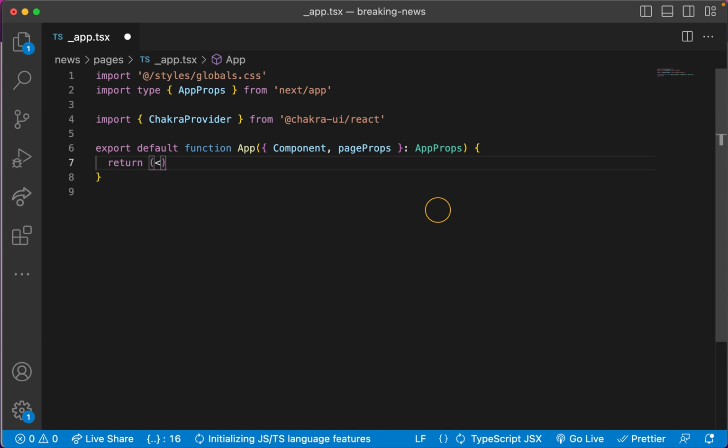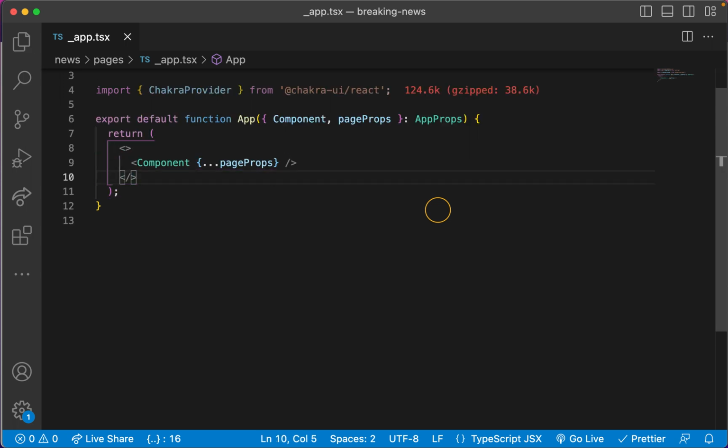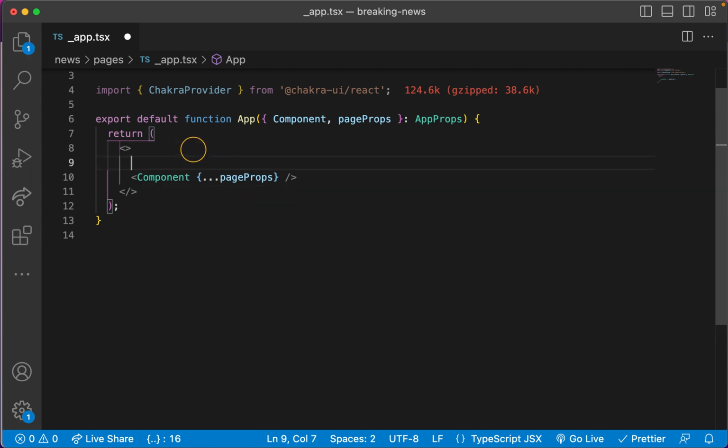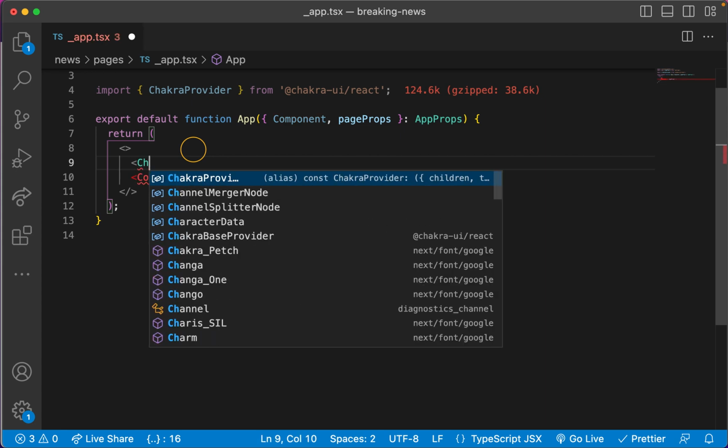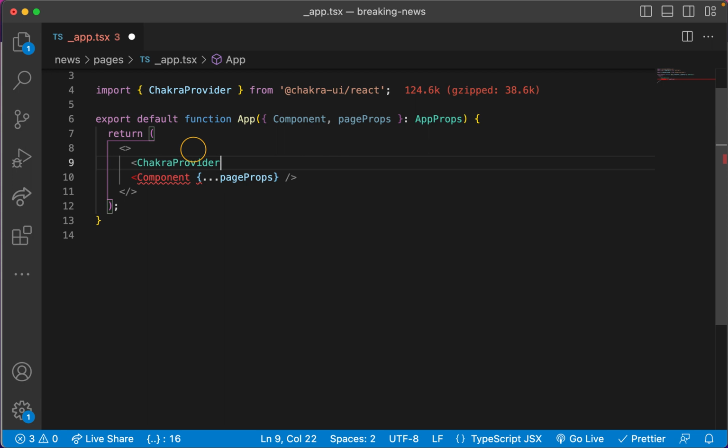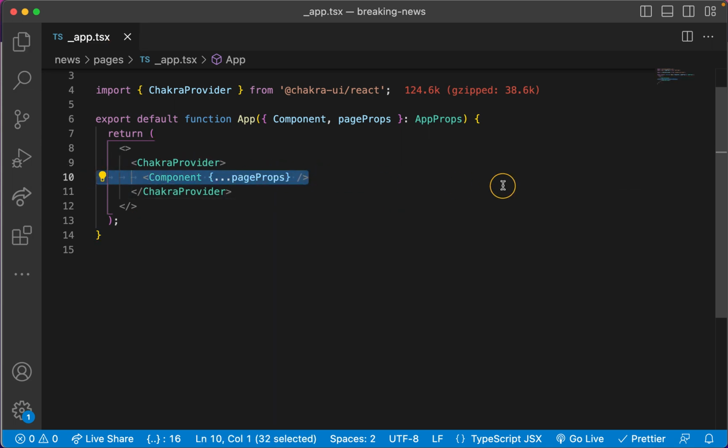I'm going to return an empty React fragment. Inside it, I'm going to paste what I had cut, and now I'm going to say Chakra, I need you. So I'm going to say Chakra, boom, boom. And now I need to wrap Chakra around the entire content of my app. Okay,